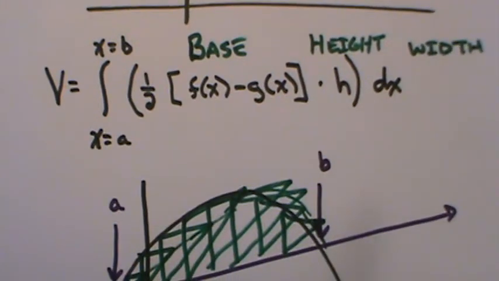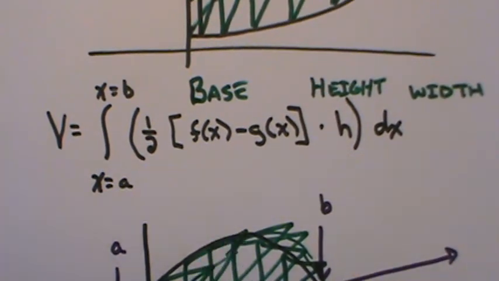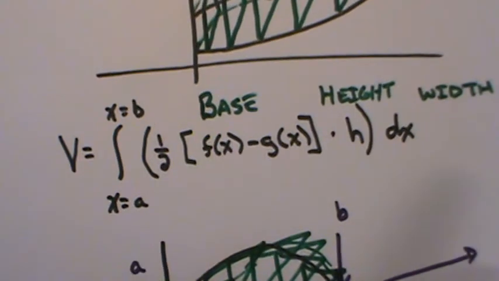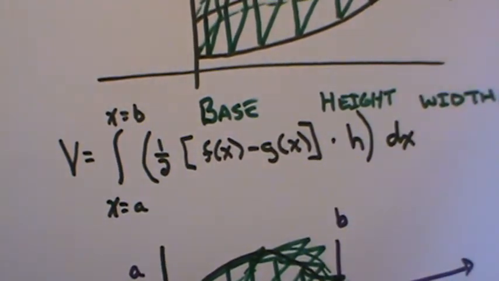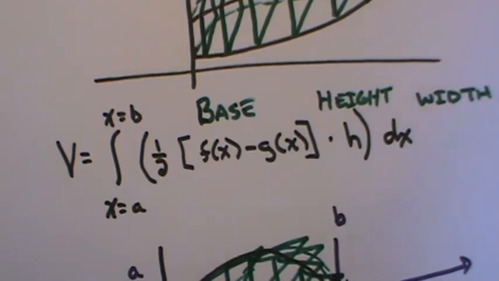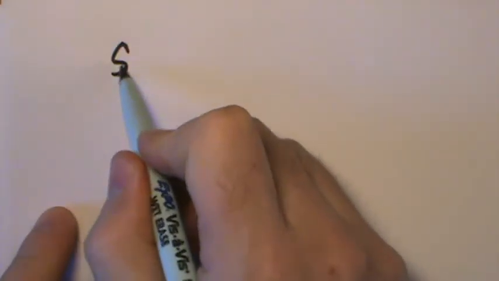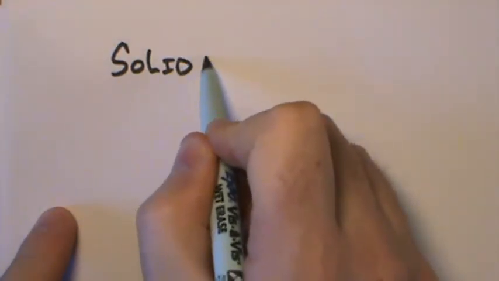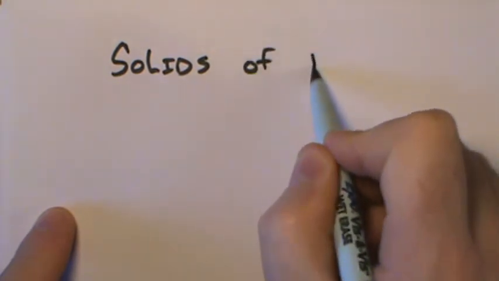That's a volume. Now we're going to come back and actually revisit this concept, but we're going to do it after you get very familiar with something called solids of revolution. Now, solids of revolution, we did all that so we could start this concept here. And the concept is that with a solid of revolution,